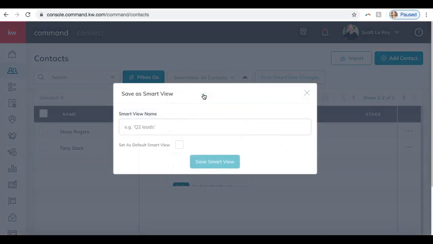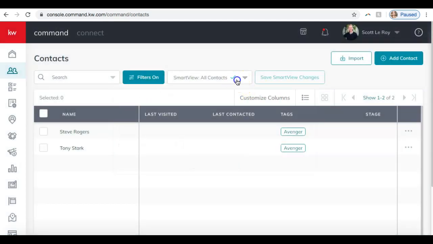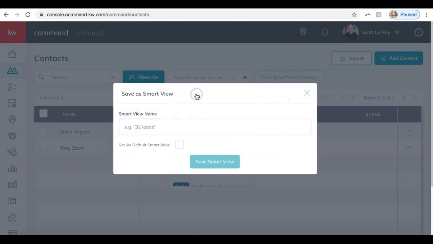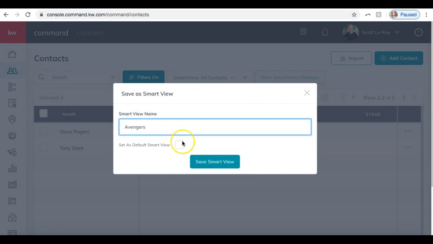So if I wanted to create a new smart view based on those filters that I just applied, I can go ahead and do that. I clicked on this drop down here and clicked the option for Create Smart View. And I can name this Avengers